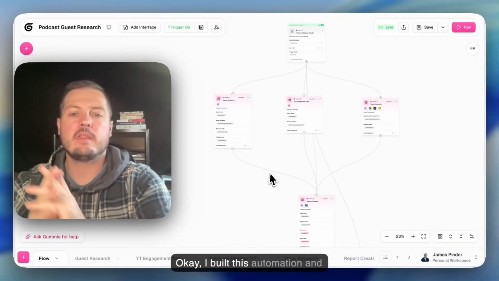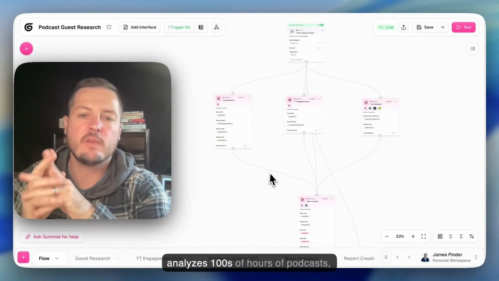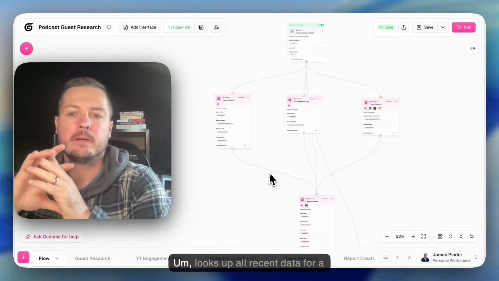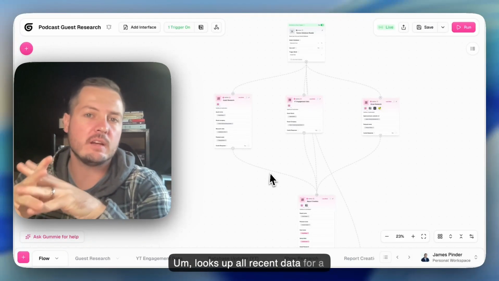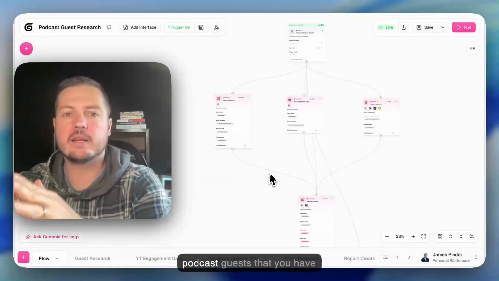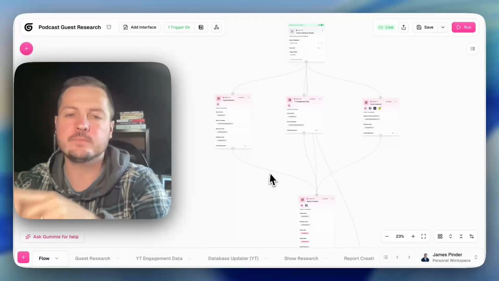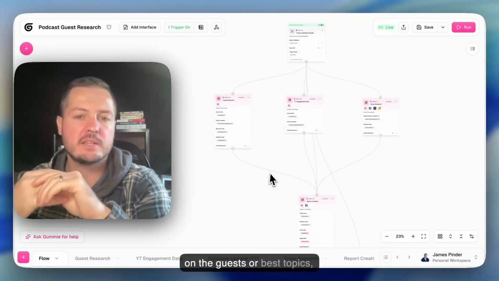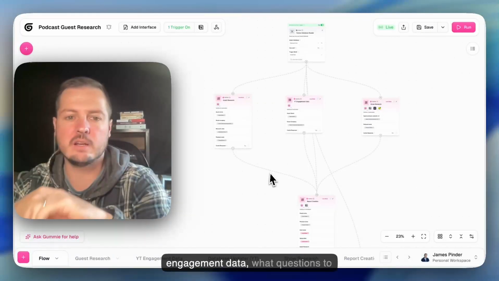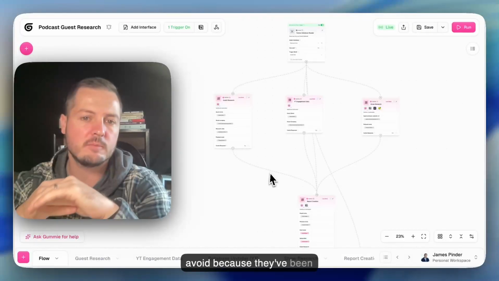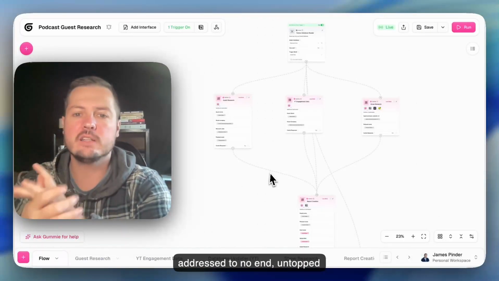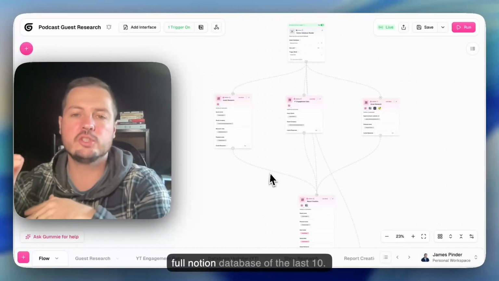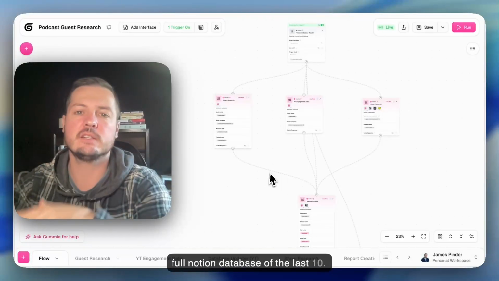Okay, I built this automation that analyzes hundreds of hours of podcast interviews on YouTube, looks up all recent data for a podcast guest that you have incoming. You get a complete research dossier on the guest, their best topics, engagement data, what questions to avoid because they've been addressed to no end, untapped angles no one else has explored, a full Notion database of the last 10,